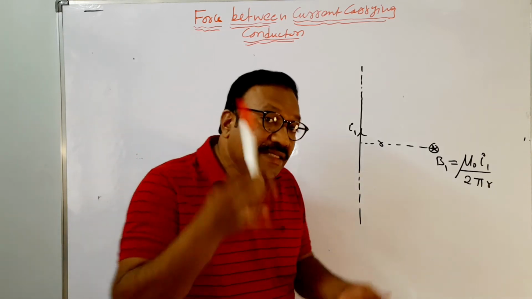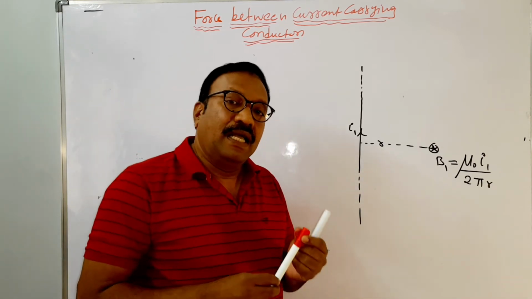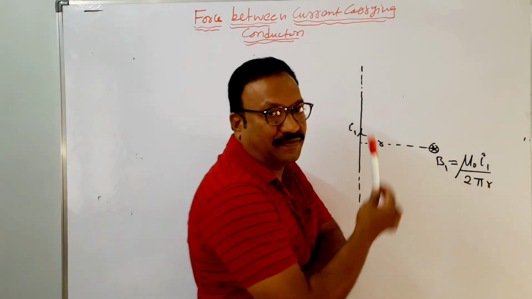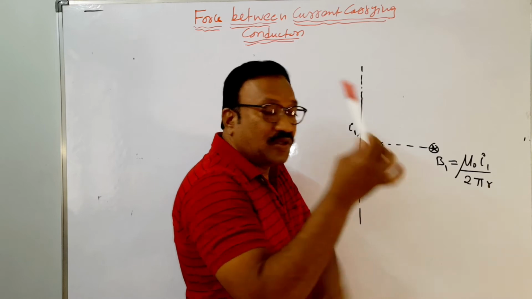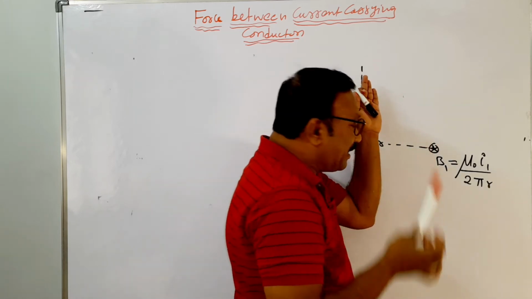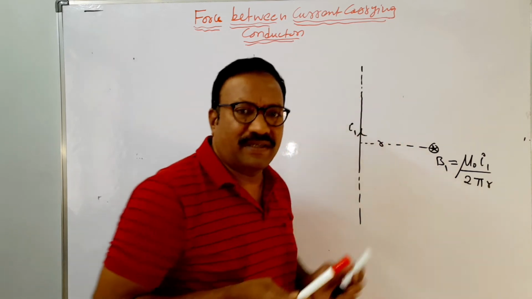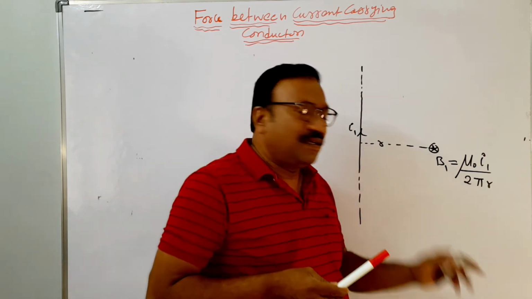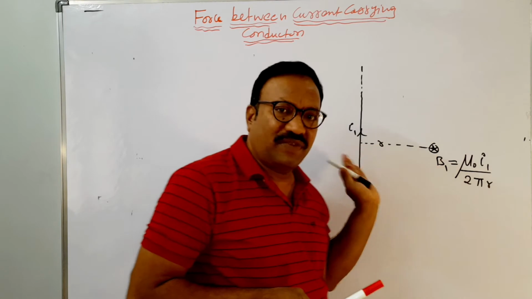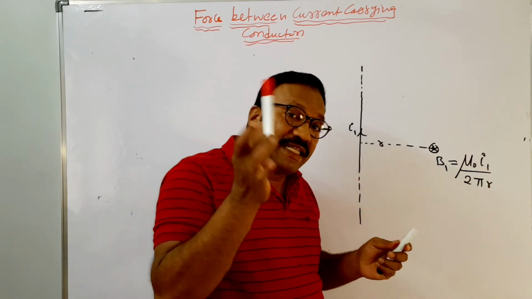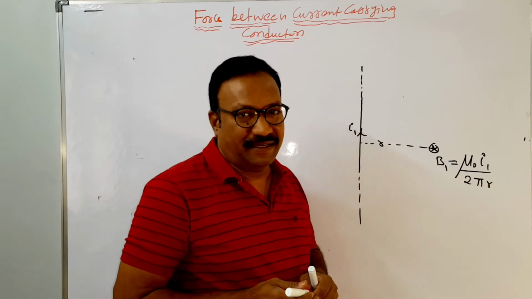So now I will bring the second conductor and put it in the magnetic field of the first conductor. So now you see, forget about this. This is a conductor kept in magnetic field. Who is producing the magnetic field? That is a different matter. But you are keeping this in a magnetic field of the first conductor only. But there is magnetic field. Therefore this experiences a force BIL sin theta.